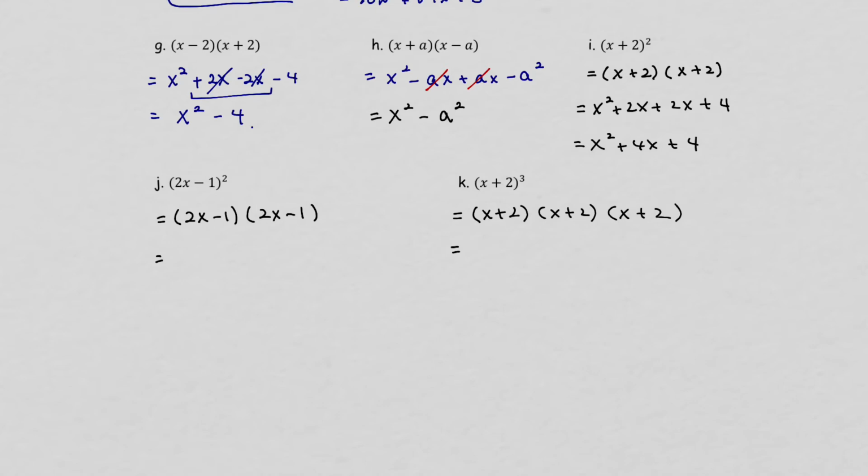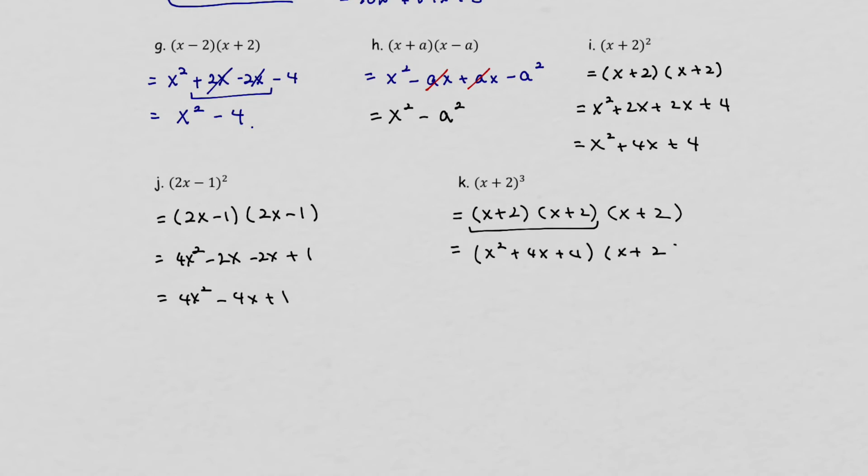If I'm trying to finish this problem, I will have to FOIL this again. So it will be 4x squared minus 2x minus 2x plus 1. Combine the like terms, I get 4x squared minus 4x plus 1. This one, if I FOIL those two first, I will get x squared plus 4x plus 4 times x plus 2. And when you multiply that,